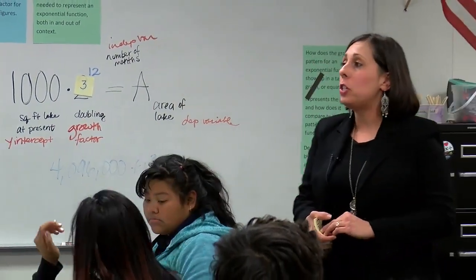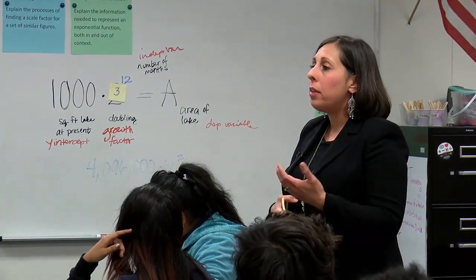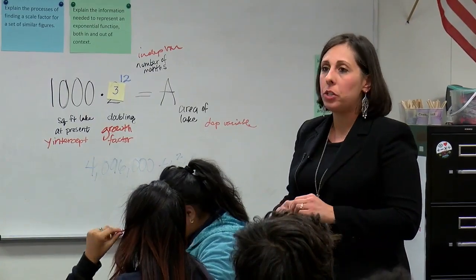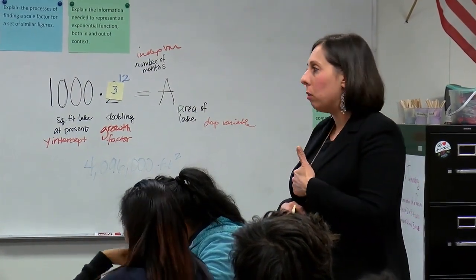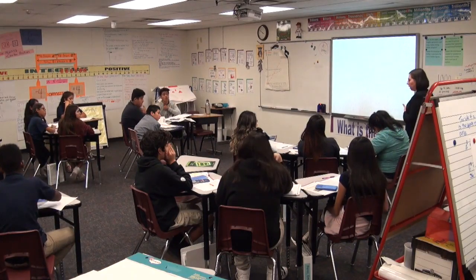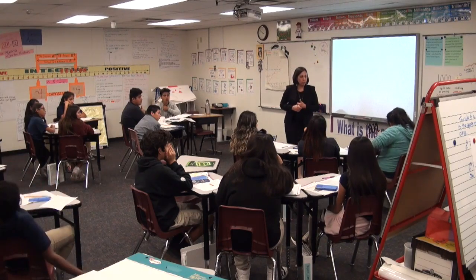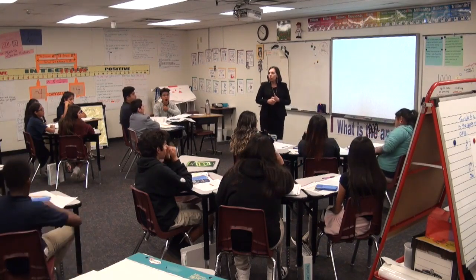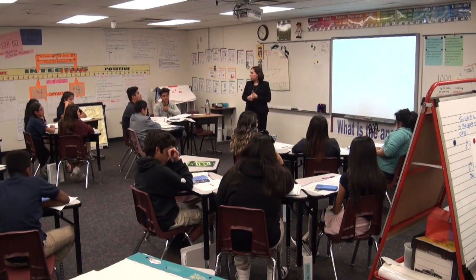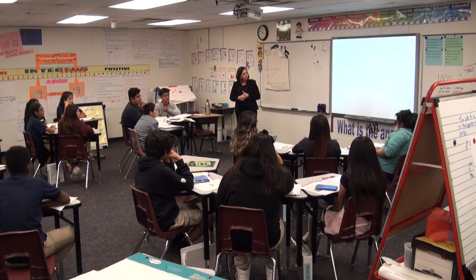What if I decided to change the present area of the plant to 1,500 square feet? How would that change the equation? Put your thumb here when you know. How would it change the equation if I changed the at present amount to 1,500 square feet? What part of the equation would change, Ricky? No, the lake. And what number would change? The 1,000, because